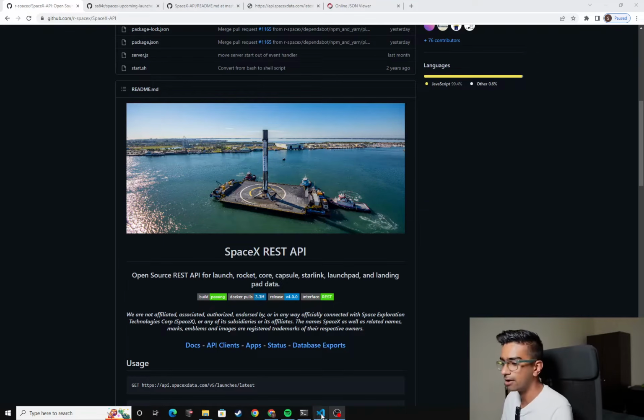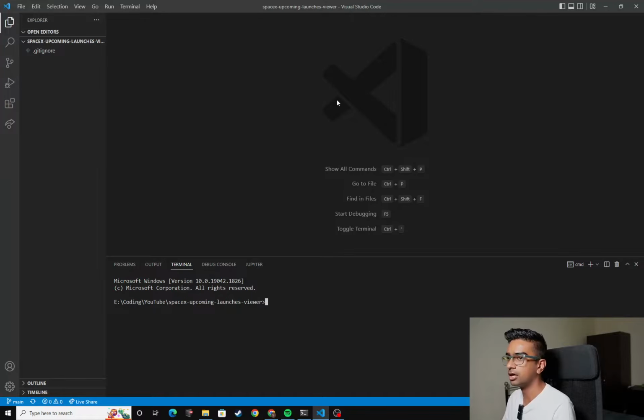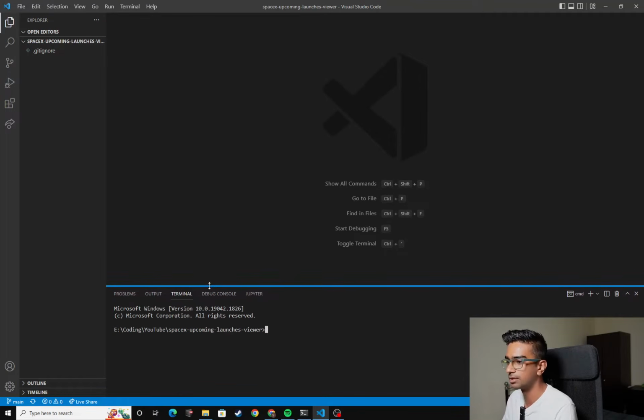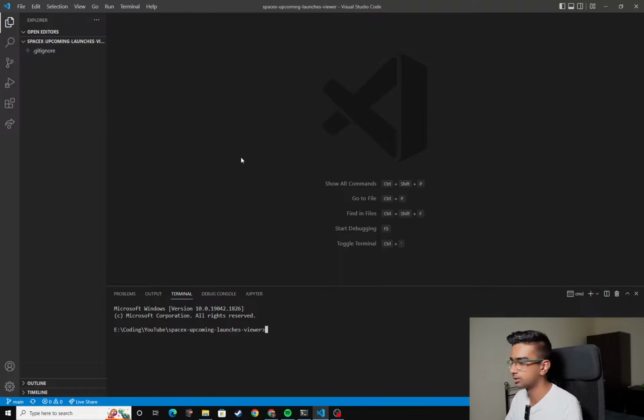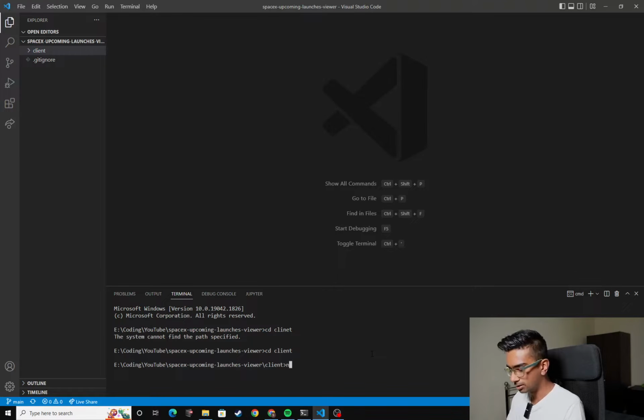I already have made a GitHub repository, so that's what I've opened here in VS Code. I've made the font slightly larger so you can see. So first of all, I'm going to create a folder called client. I'm going to cd into client. That's not how you spell it. There we go. And then let's do npx create